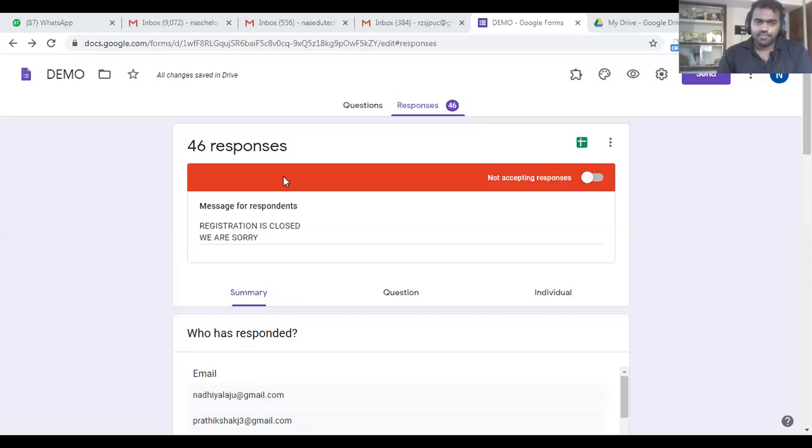Deepa? My question is, if we are making a registration form, is there any way to insert a payment link or payment mode or something like that? If you have a payment link, you can have a link there. Otherwise, Google Forms will not receive money, but you can direct your respondents from here to the link. People will click, go to a new tab, make payment and come back. Okay, so it's like a hyperlink. Only a hyperlink. Okay, thank you, sir.